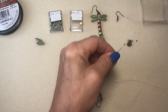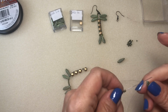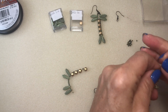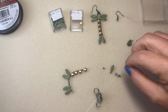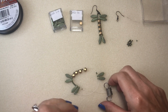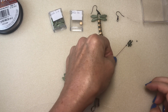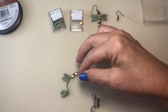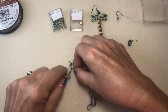Okay, so I'm going to do 2 of these. And then I'm going to do the dagger beads. 1, 2, go all the way down, and then I'm going to get 2 more of these, like this, and then I'm going to turn this like this,